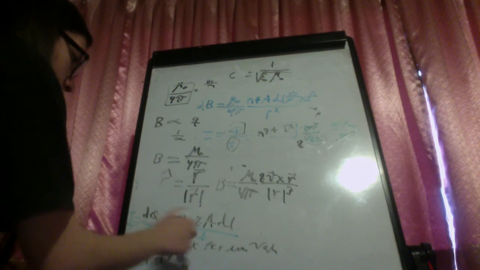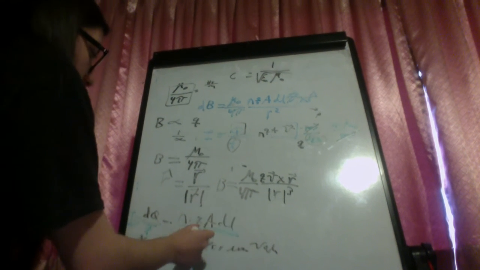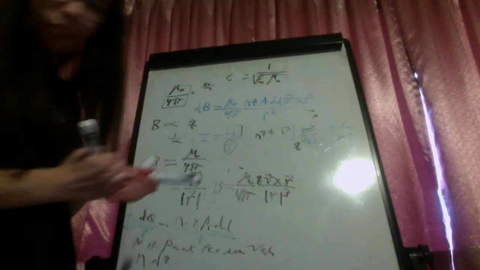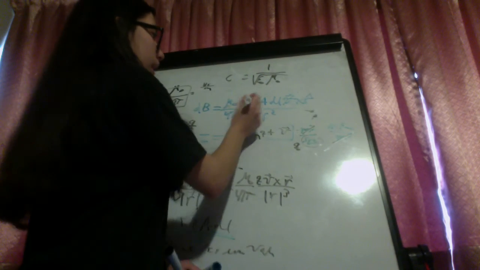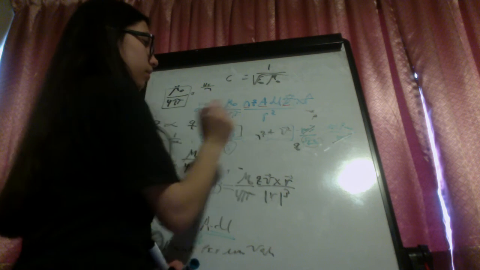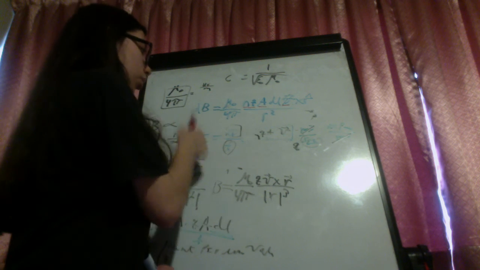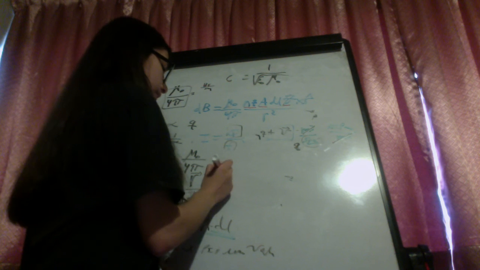And so now here this dl, that is distance divided by time, it is velocity, and so you have nQA velocity. So the issue is that here this nAvQ you can replace it by current,